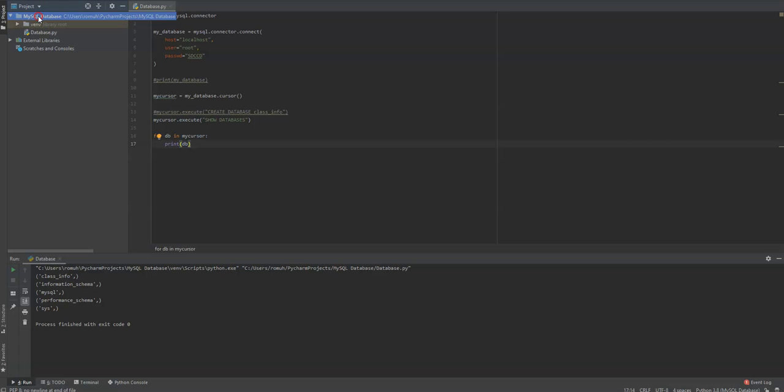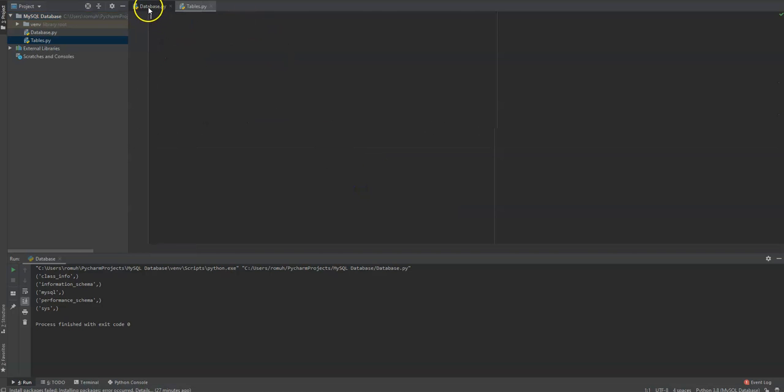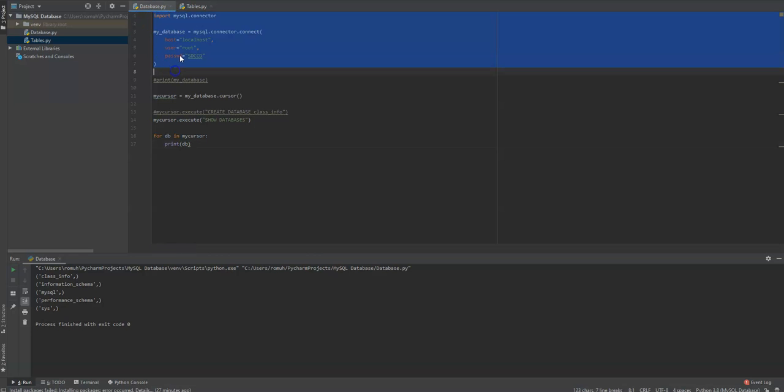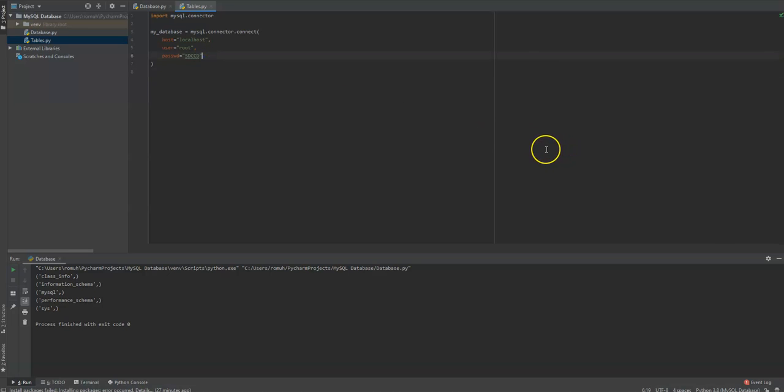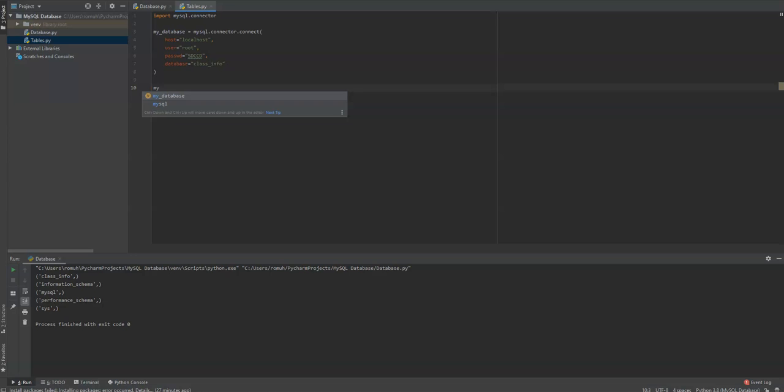So let's make a new Python file. We'll call it tables. And we're going to use the same stuff here. So copy this. But we're going to add in one more thing. We're going to use the database name. It's going to be equal to class info. And you want to use, again, my cursor. We'll create an instance of my cursor, which is equal to my database dot cursor,